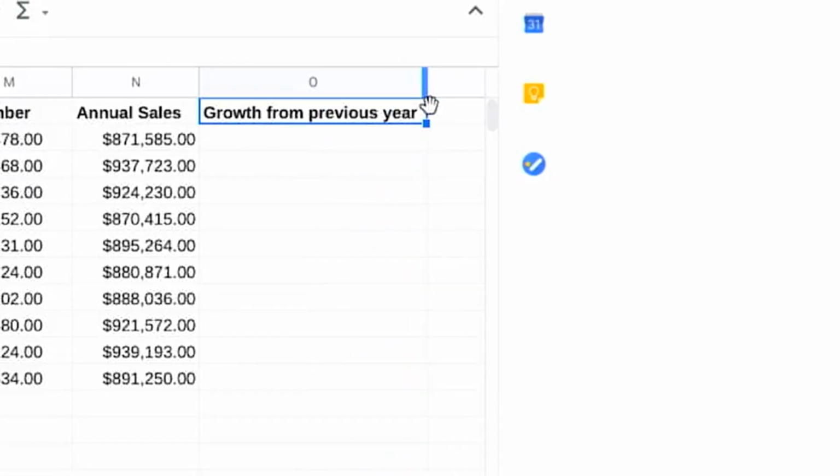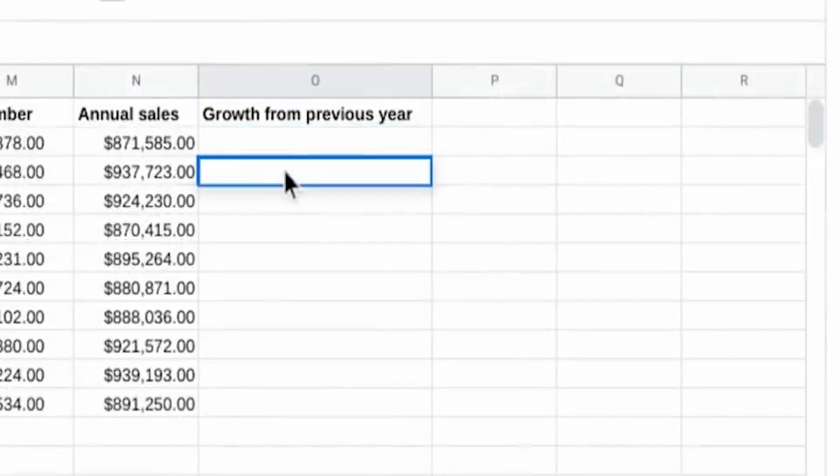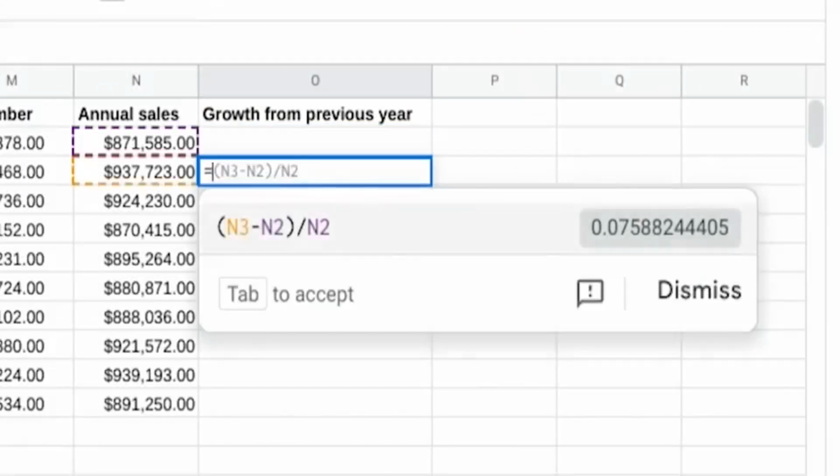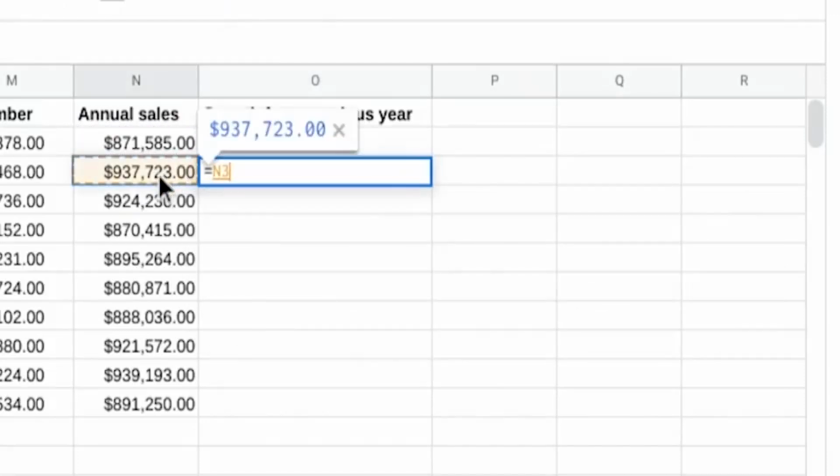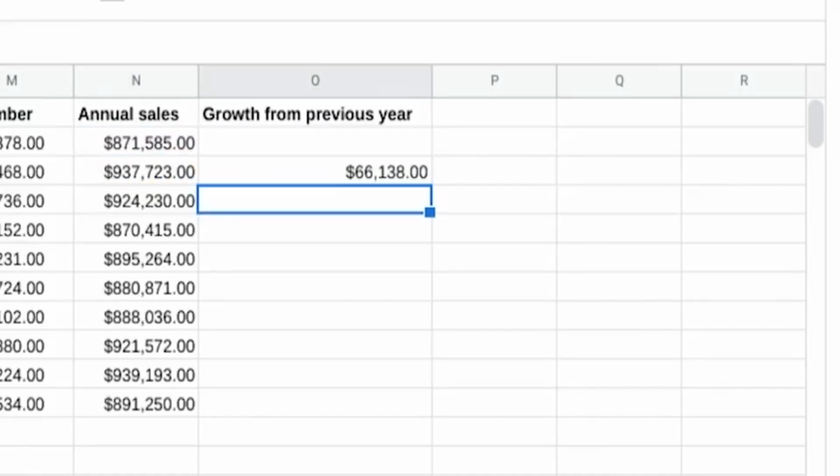We'll start by labeling a new column. In this case, we won't need to use a function or parentheses. Since we're only using data from 2 cells, we can just use the name of those cells. We'll type an equal sign and then click in cell N3, which automatically populates that cell in the formula. Next, we'll add a minus sign to the formula because we're subtracting to find the difference between 2 consecutive years. Clicking in cell N2 gives us the total from 2011, which we can then subtract from the total from 2012. Then we hit enter and get our sales growth from 2011 to 2012.